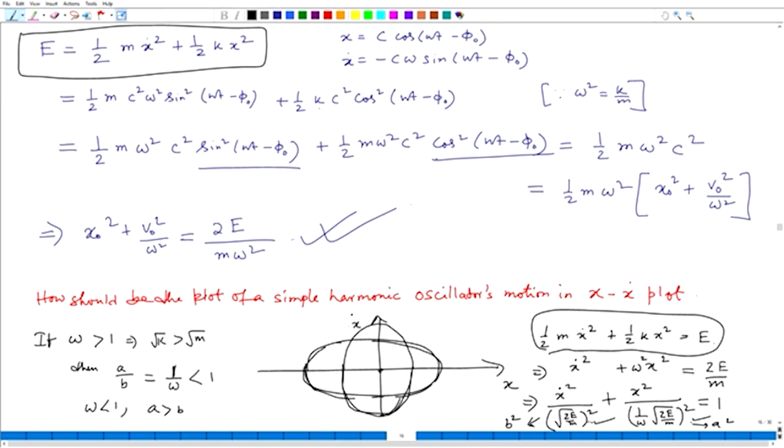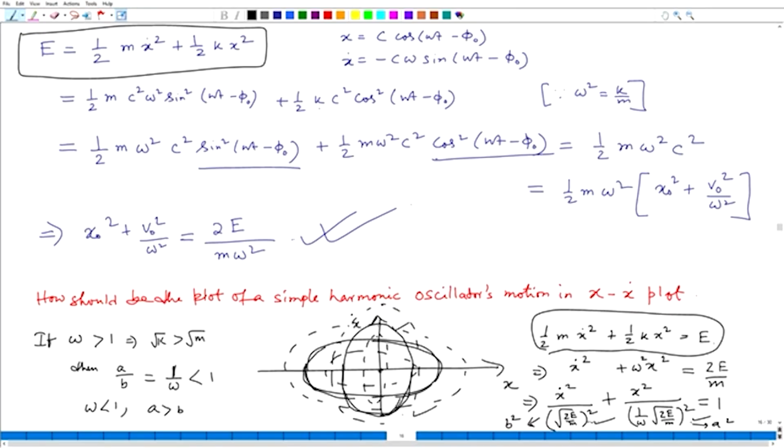So, you will have larger ellipses. If E decreases, you will have smaller ellipses. The same thing holds also for this type of ellipse. If E decreases, you will have smaller ellipses, and if E increases, you will have larger ellipses